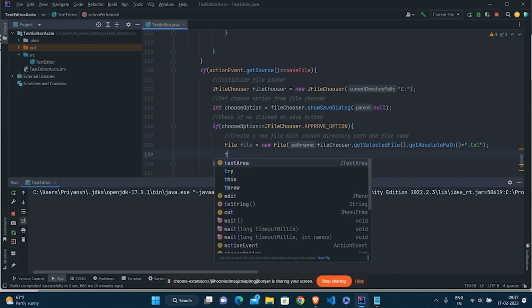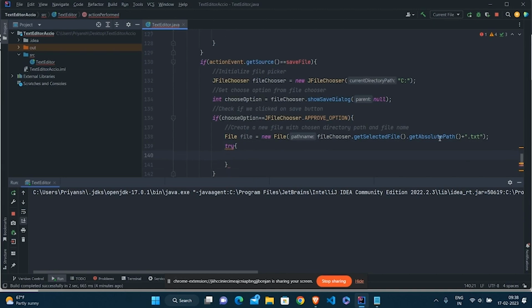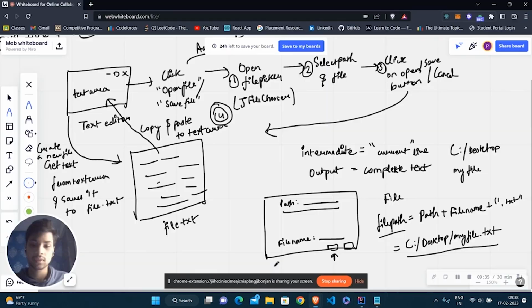After this, I need to save all of the contents of the text area to this file. So let's add a try and catch block like we did in the open file functionality and add some exceptions here. Now, instead of using a file reader, because we don't need to read this file, we just need to write this file.